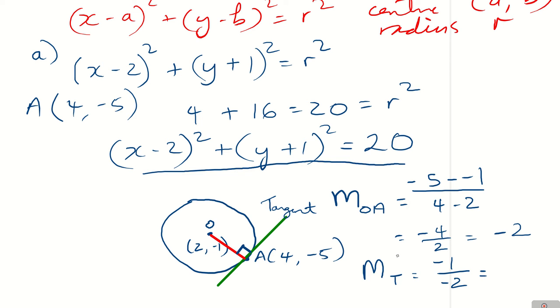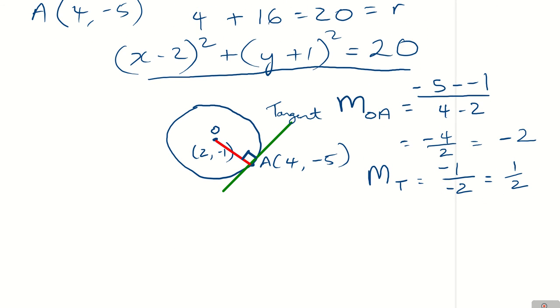Because remember, lines which are perpendicular to each other must be such that the gradients of those lines give a product of minus 1. So if you know the gradient of one of the lines, you can find the other one by doing minus 1 divided by that gradient. So that goes to a half. And we also know that the tangent goes through the point (4, -5). So very easily we can find